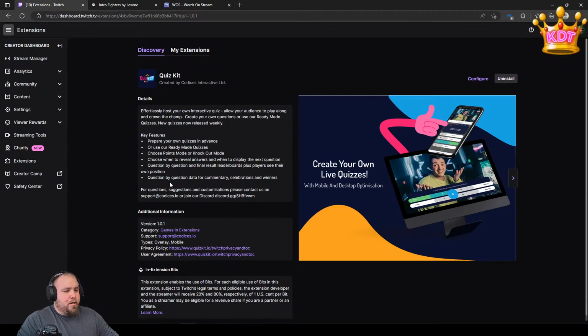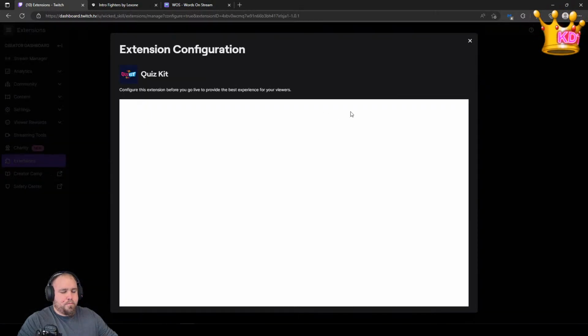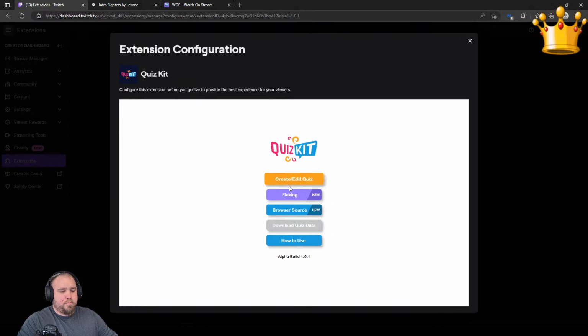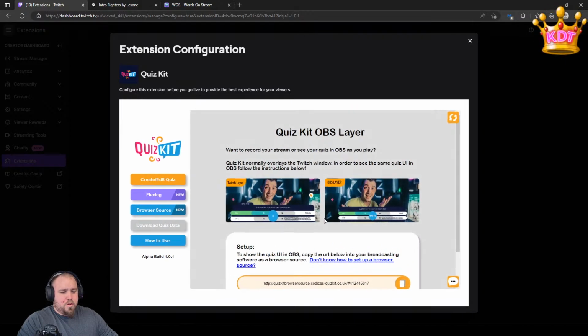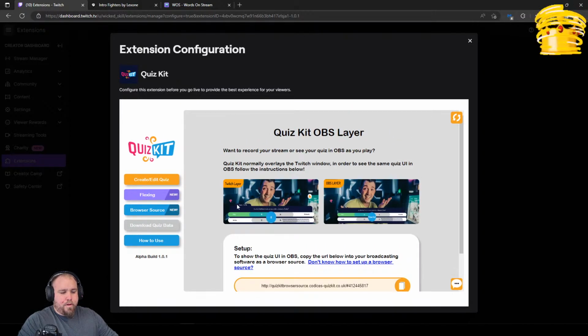Let's go back in here. I can show you what it'll look like. So it'll look like this here. If you can see the picture here, this will show up on their screen. It'll read the question. It'll have all 4 answers, and then it'll have a countdown in the center. As the countdown runs down, the amount of points you get for answering go down. So the quicker you answer, the more points you get, but also the more points you have the chance to lose.